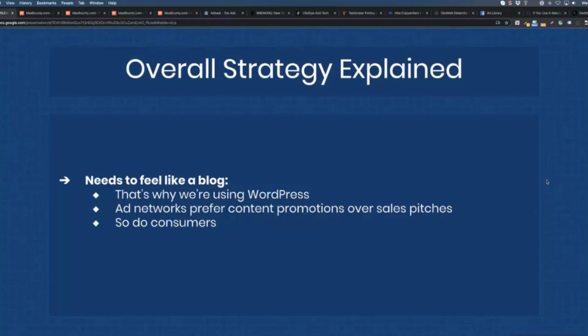So using this blog style format keeps their guard down, and it makes them feel like they are just reading content, which is how it really should be